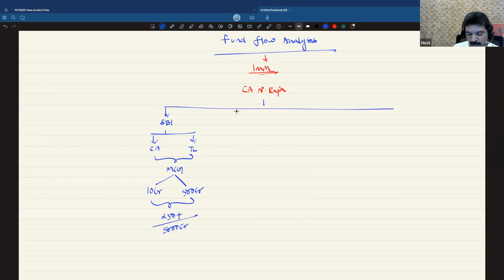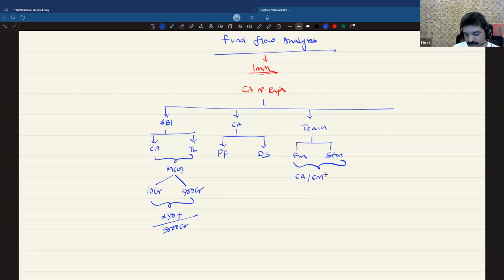Then I came out of SBI and started my CA practice, which I ran for a period of 7.5 years. During that period, I focused on project finance and debt syndication as my core practicing areas. Then I also used to teach professional course students on subjects like financial management and strategic financial management, mainly for students pursuing professional courses like CA, CMA, CS. I was also invited by banks to conduct training programs. So I've conducted training programs on working capital, term loan, financial analysis, and now I'm also conducting training programs through